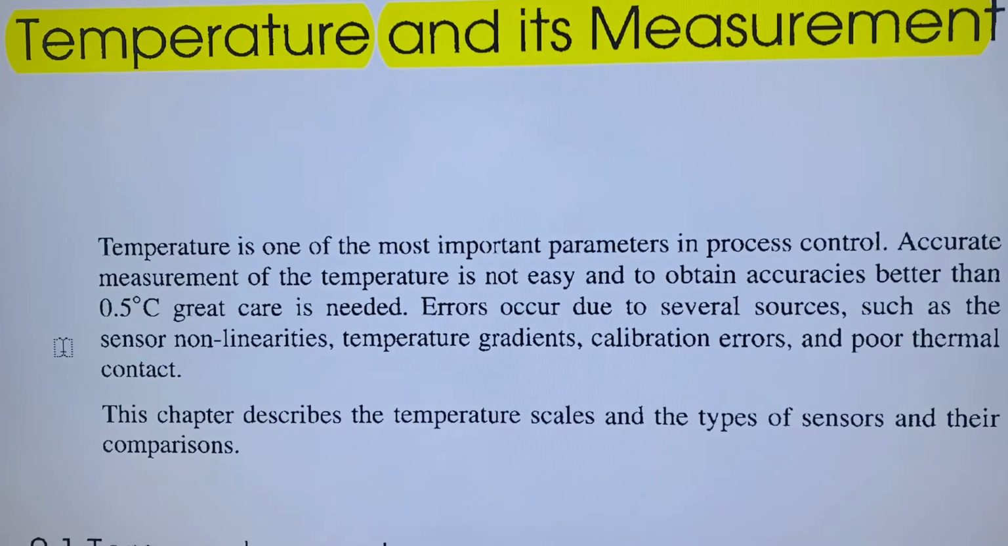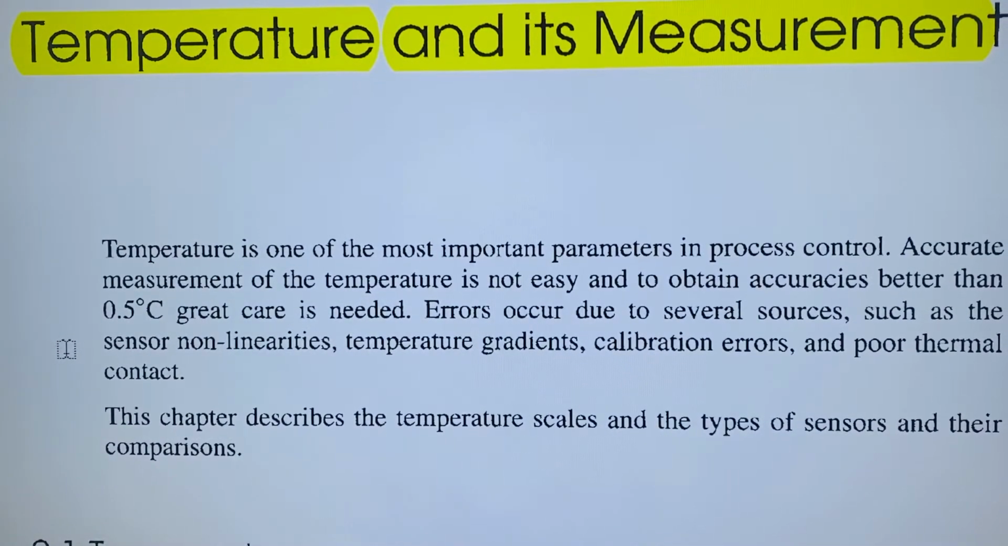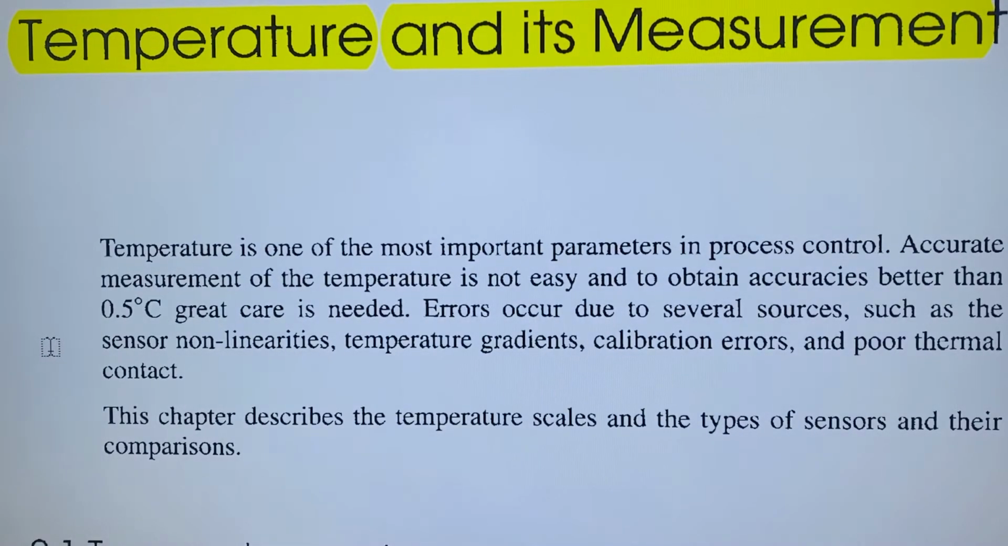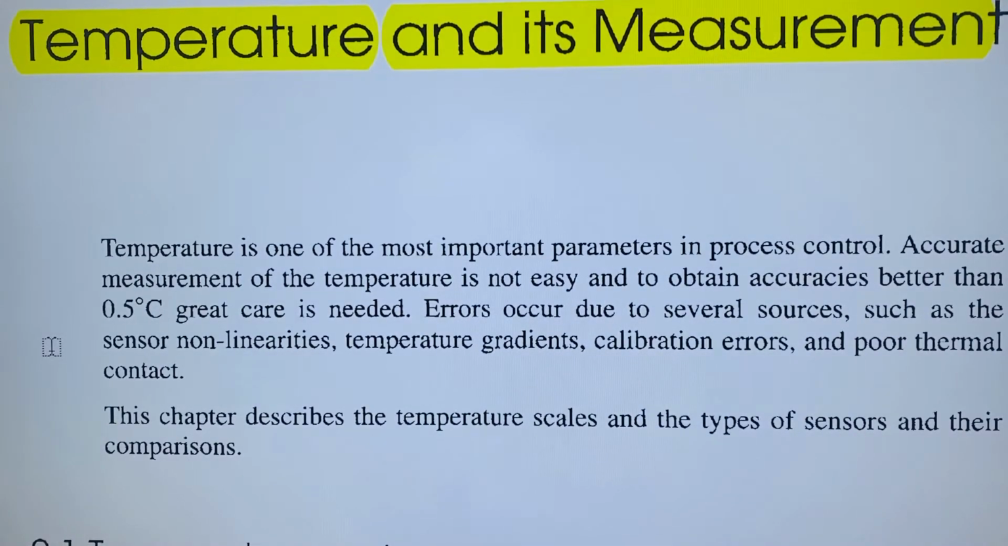Okay, this is a topic of temperature and measurements. In this topic, we will see this parameter, which is one of the most important in any process control or in a smart home, which also requires temperature measurements. So an accurate temperature measurement is not easy to obtain with accuracies better than 0.5 Celsius, and